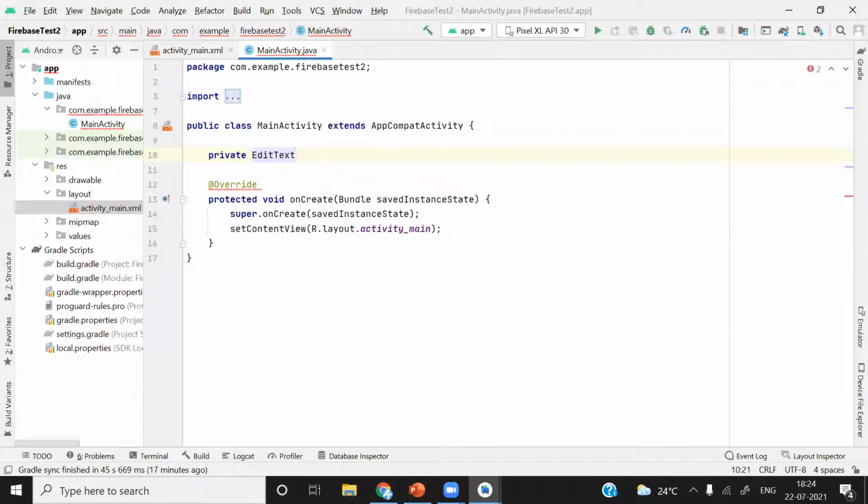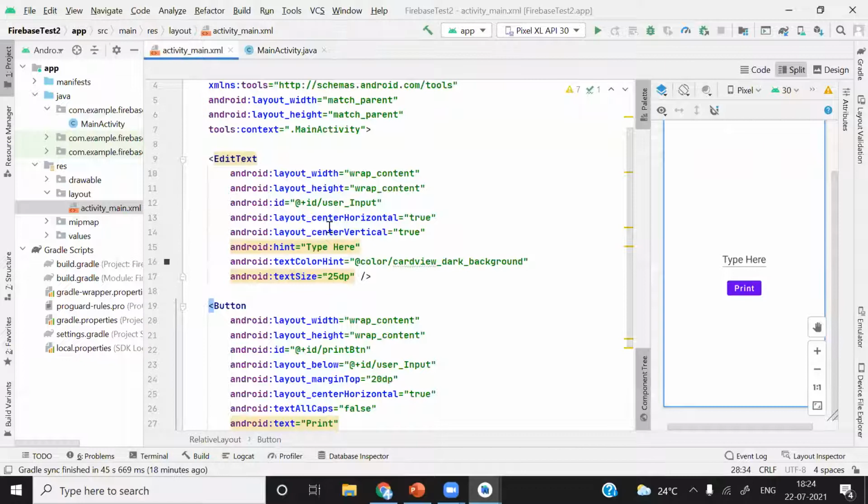And after that, give a name, whatever name you want to give. So I will give user underscore input. It can be same as the ID also. It doesn't matter whatever name you give here. And give semicolon.